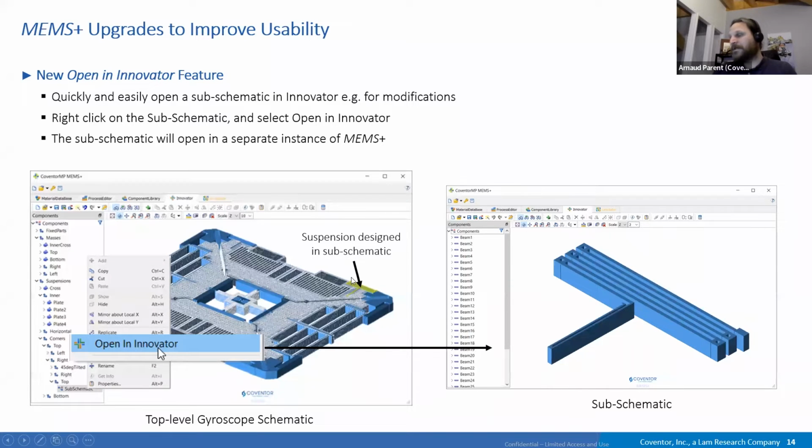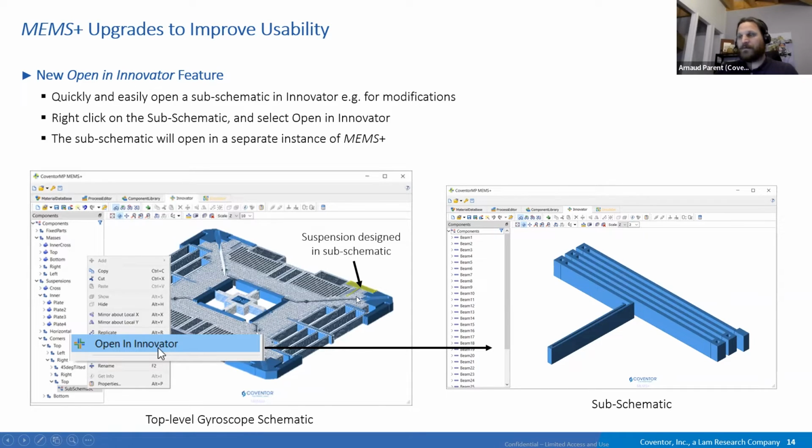In the case of this suspension, for example, it will be a MEMS+ model of this object itself that is invoked and used in the master schematic. And because this suspension is used 4 times at the 4 corners here, you will use the same subschematic 4 times. So later, if you have to do an improvement, a change or a correction to this schematic, you can right-click it and do the change, save it, and it will automatically update the master schematic.